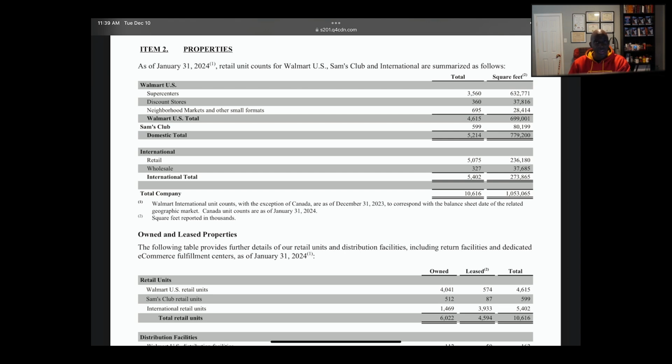This is probably more so for the operations director or the regional manager, maybe even a district manager, and some of the guys in operations. How many supercenters do we have? How many discount stores do we have? How many neighborhood markets do we have? How many others do we have? And then what are those others? Because even though in this report it says other small formats, in a Power BI report, that regional manager, that district manager, that VP,